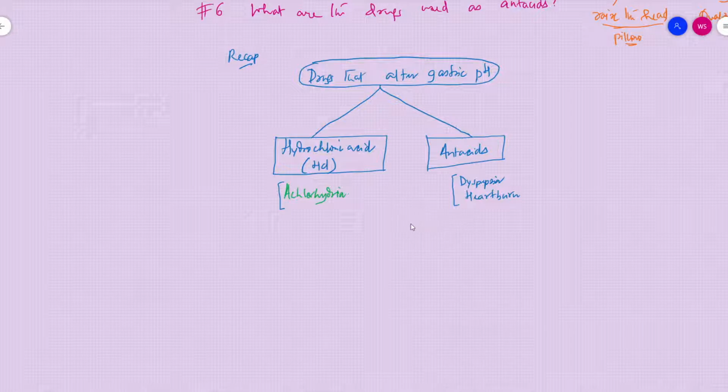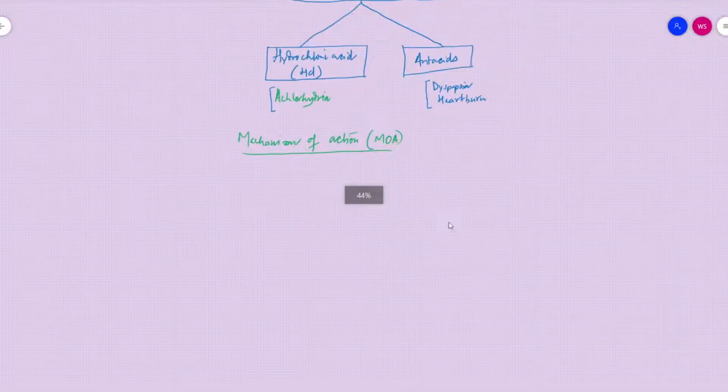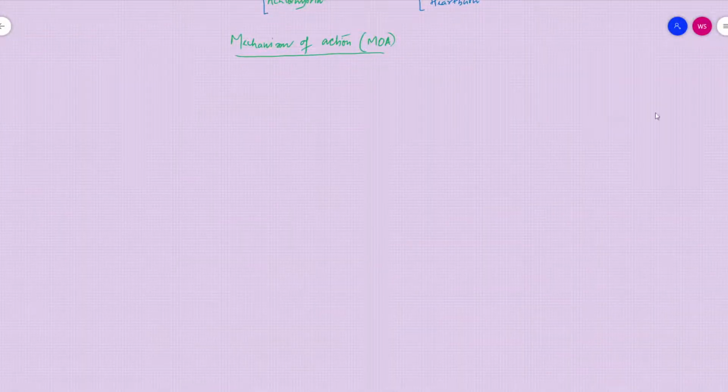So let's see what are the mechanisms of action of antacids. So we said they directly alter the pH, but that is not the only mechanism of action. So let's write here the mechanism of action, which we abbreviate MOA. So the mechanism of action of antacids. So we said the first mechanism we discussed was a partial